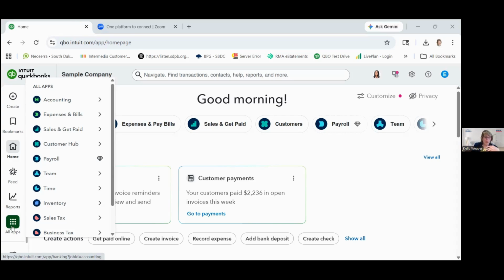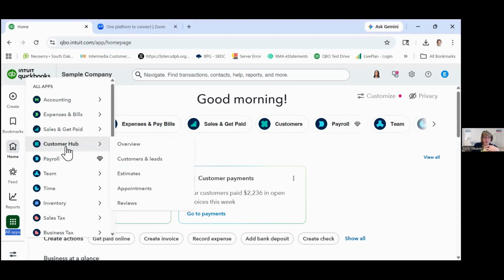So you can see when I hover over all apps here, it gives me all these different options, apps under all these different areas. And then if you click on one, even this one, it gives further breakdown. There could be 50, 100, and there's all kinds of different apps under each of these. So if you're looking for a solution that QuickBooks isn't quite getting there for you on, check out the apps. They might be a way to extend the features beyond the basic financials that QuickBooks provides. Those apps generally come with an additional fee.